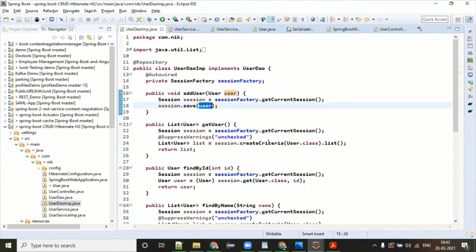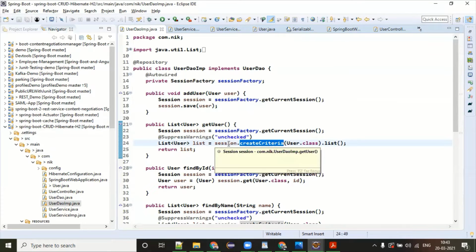Similarly for get user, there's a criteria method, get all users and return back.